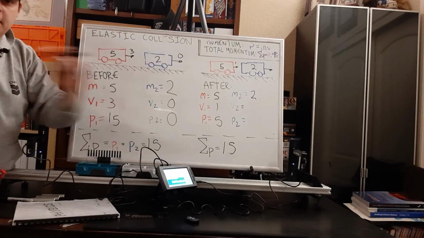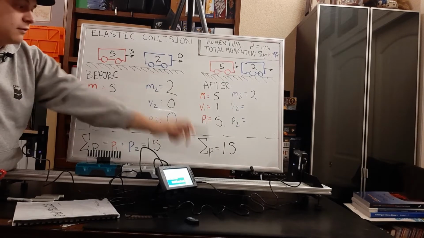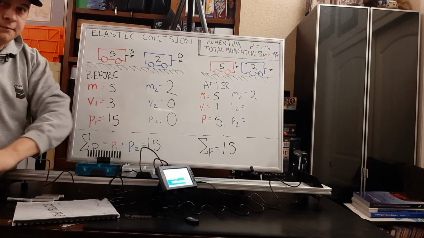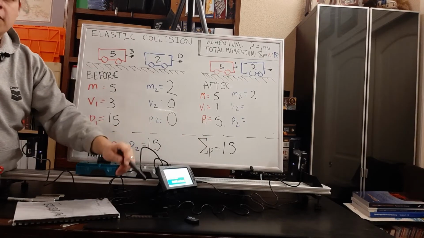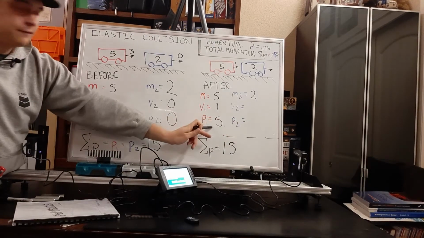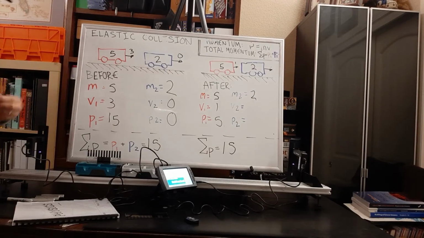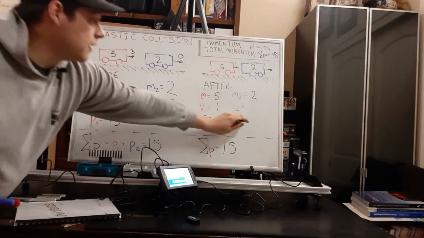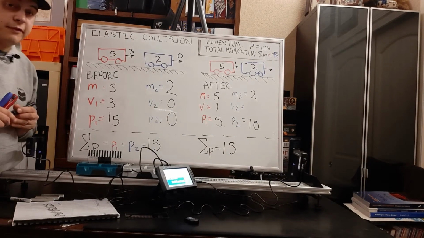And now we can work backwards using that same momentum equation of saying P1 plus P2. In this case, if the P1 was 5, then how much would this P2 have to be so that the total momentum is 15? If you're not sure, you can take 15 minus 5, or you might guess, what number would you add to 5 to get that total of 15? So in this case, the number is going to be 10. And now that we know that the momentum of that blue car was 10,